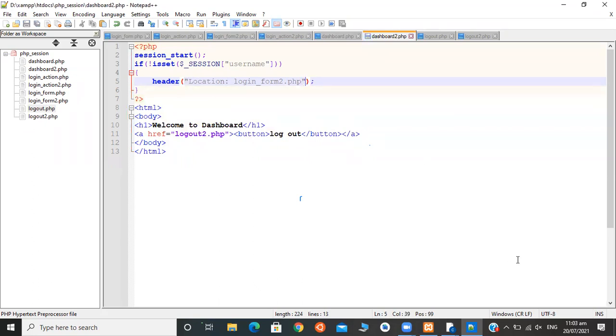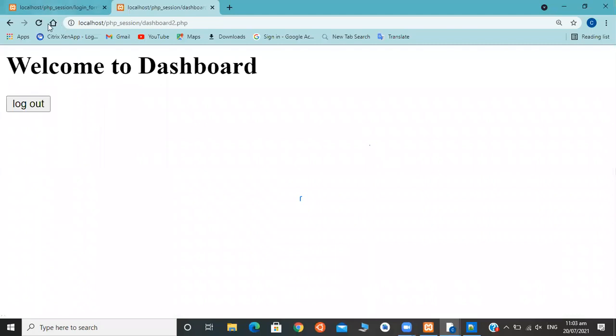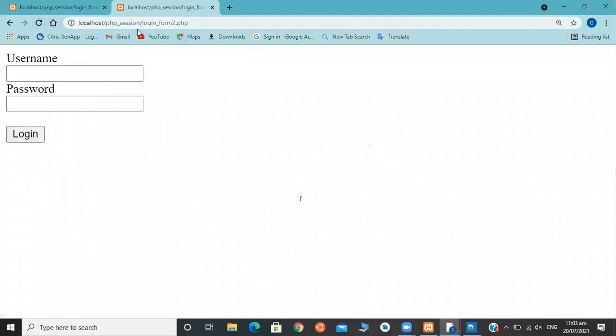Now let's check what happens. See, when we refresh the page, it will direct to login_form2.php.